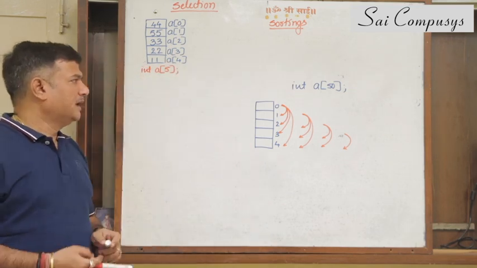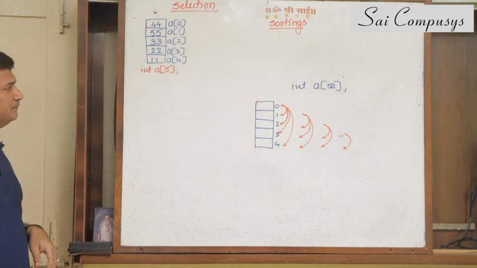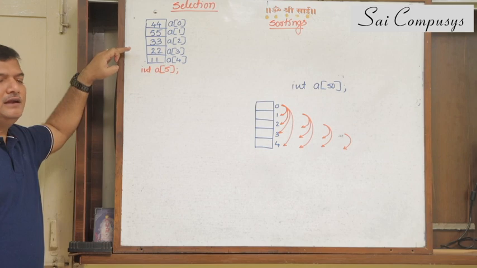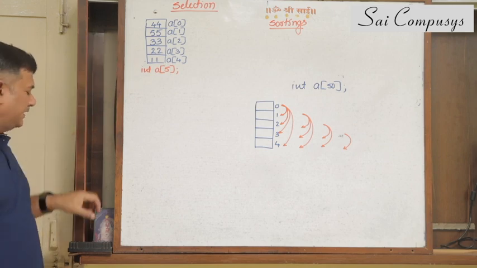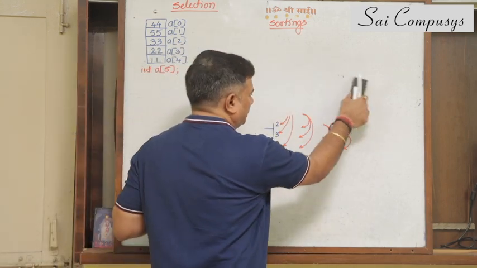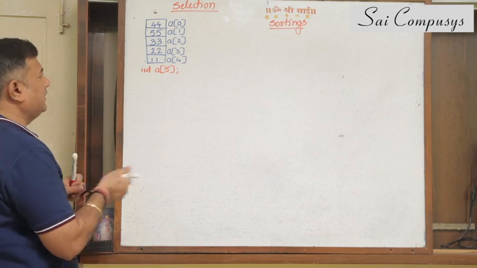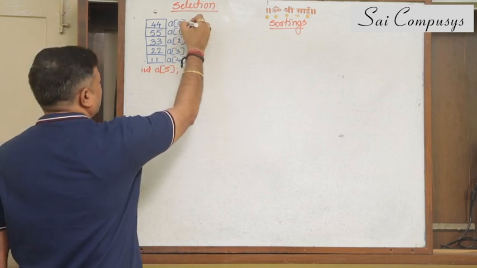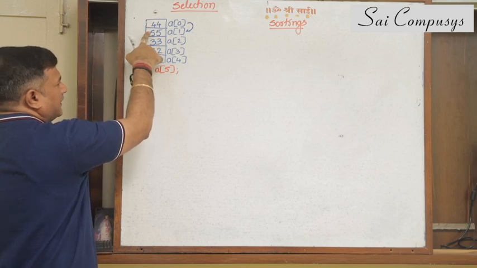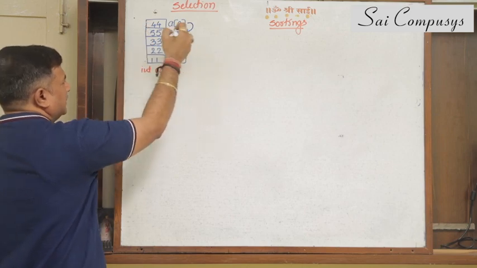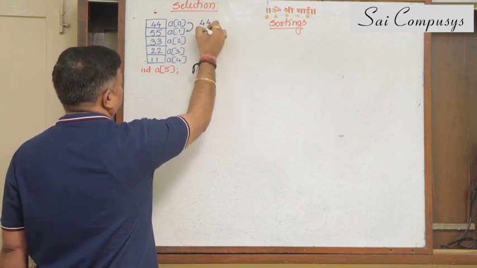Instead of taking a large array, I have a smaller array in front of you. On this array, let me show you how selection sort is implemented. Each step I will write down for you. I will select the 0th element and compare it with the element below it. If the 0th element is greater than the first element, I need to interchange, but it's not greater in my example, so I will keep the list of elements as it is.